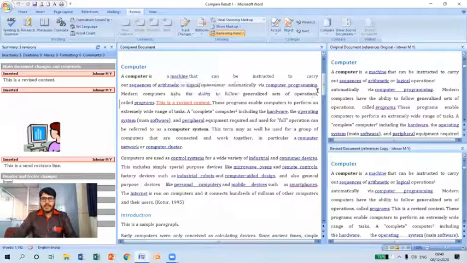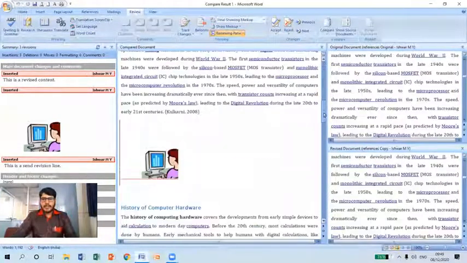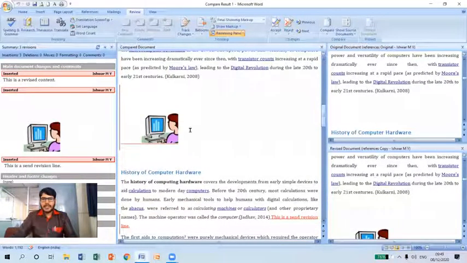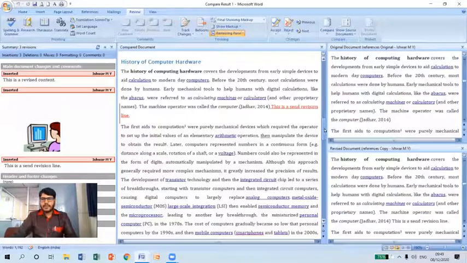Similarly, let me scroll down here, because on the next page we have included one image here, and also you can see in the revision pane, it is showing that the user has inserted this particular clip art graphic, and that we are able to see here, isn't it? And similarly, if I scroll down like this, you can observe the user has inserted this second revision line, so that is highlighted with a red color. So this is how it is going to compare multiple documents. So hope you have understood.